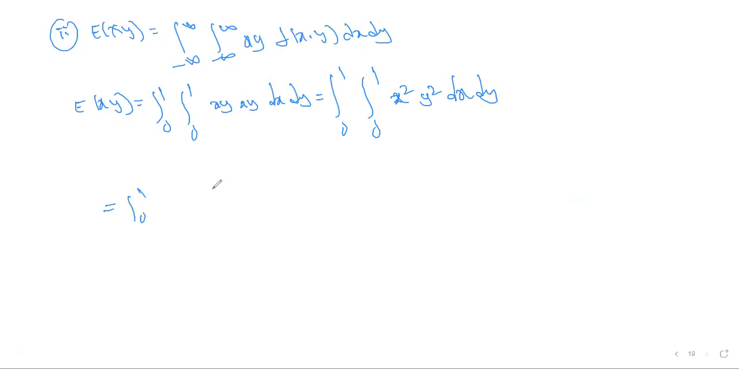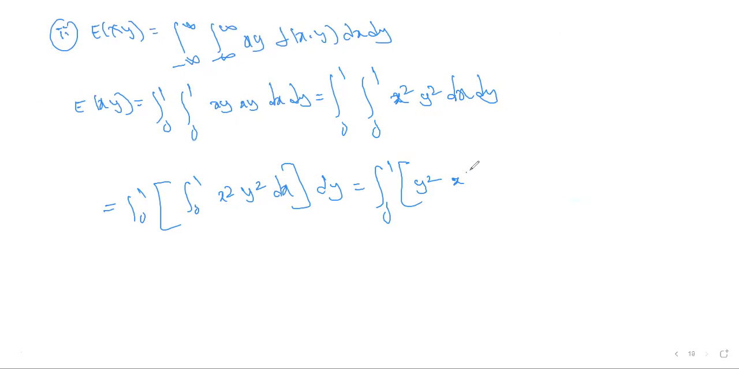So the integral from 0 to 1, 0 to 1 of x square y square dx dy, right? So x square y square dx into dy. This is 0 to 1. First do integration for x. So y square is constant. X square integration is x cube by 3, 0 to 1